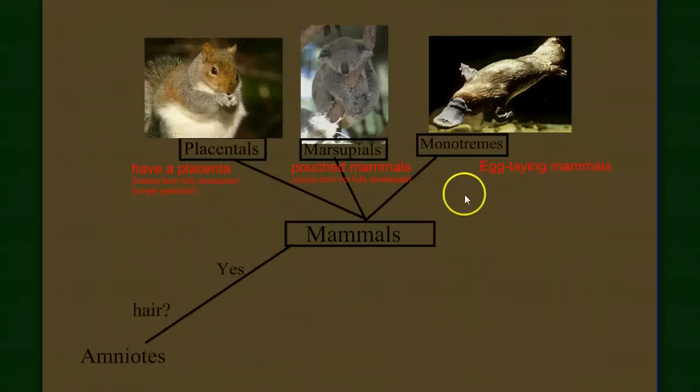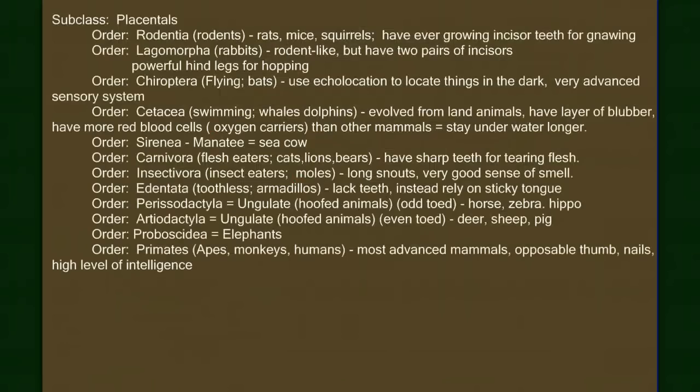So there are three divisions and the basis of those divisions within mammals. I thought with the time we have left, we'd just run through some of the diversity within the placentals, because we're placentals. Now I know this is a lot of typed words on a screen, and that's a lot to read, but let's just look at this. Within the subclass placentals, we have a lot of different orders, and this is not all of them. These are just the ones you have to memorize. Kind of kidding about that, but these are ones that you should be a little bit familiar with. These aren't things that should be too unusual for you.